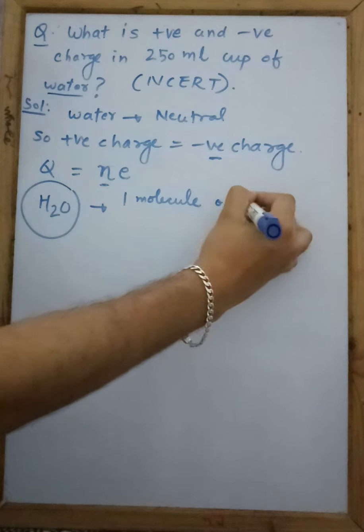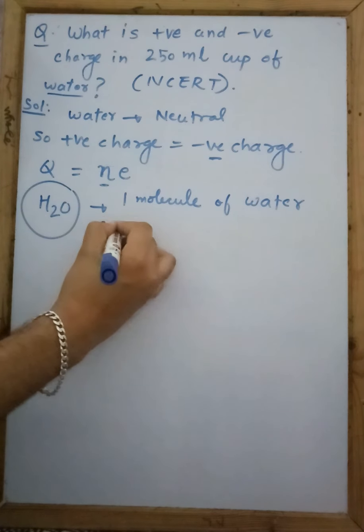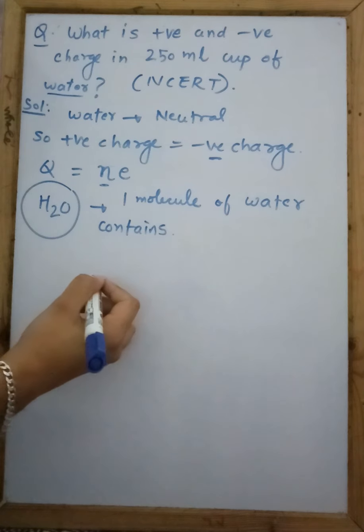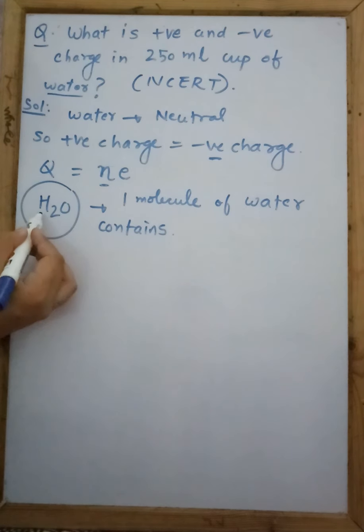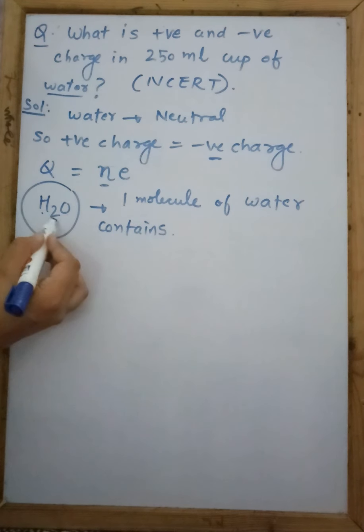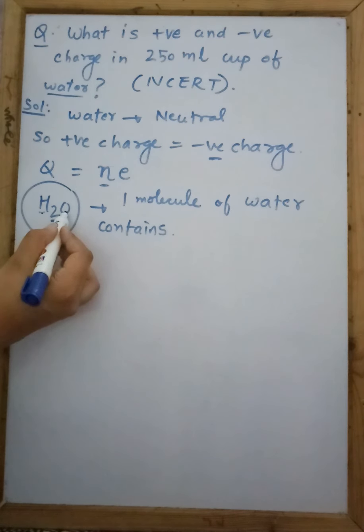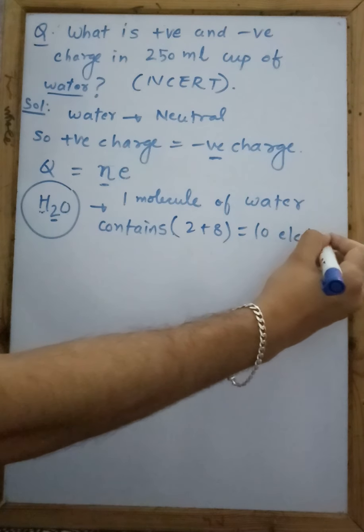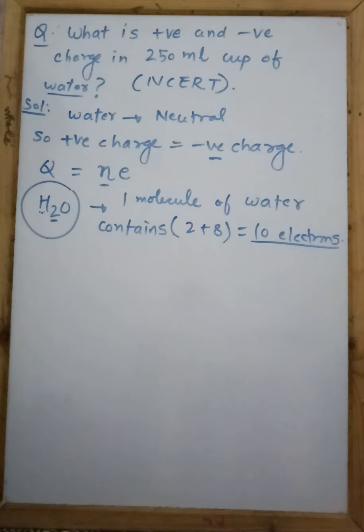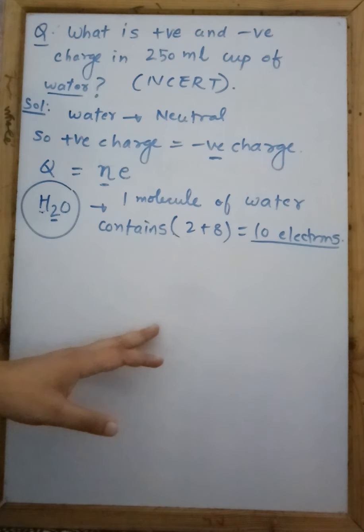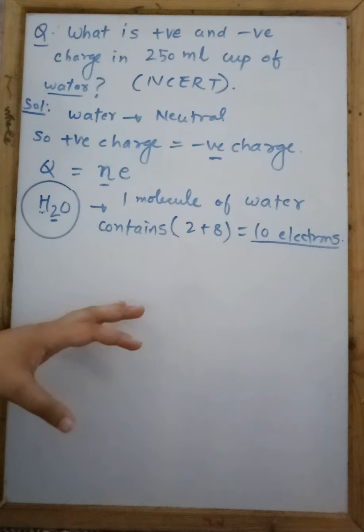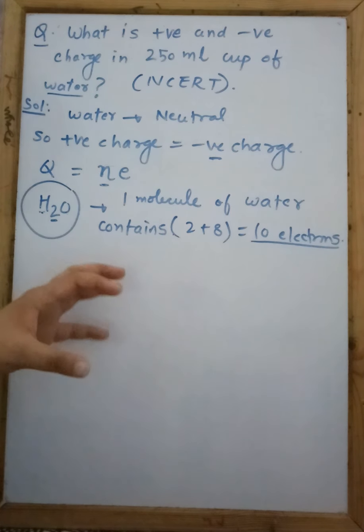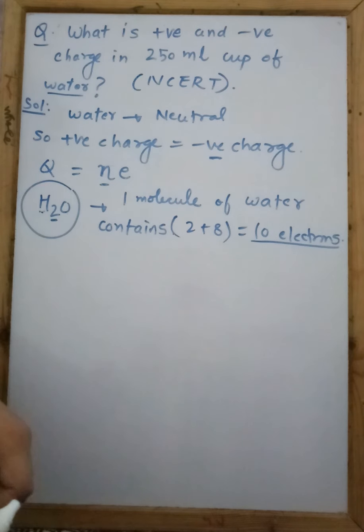One molecule of water contains how many electrons? Can you tell me? One molecule of water is H2O. So H2, you know hydrogen has one electron, but it has two atoms, so 2 electrons of hydrogen and 8 of oxygen. So 2 plus 8, how many electrons are there in one molecule? There are 10 electrons. So 10 electrons are there in one molecule of water. So in order to calculate the number of electrons, you should first calculate the number of molecules. And in order to calculate the number of molecules, we have to apply the mole concept that you study in chemistry, one of the most important concepts of chemistry. So in order to calculate number of